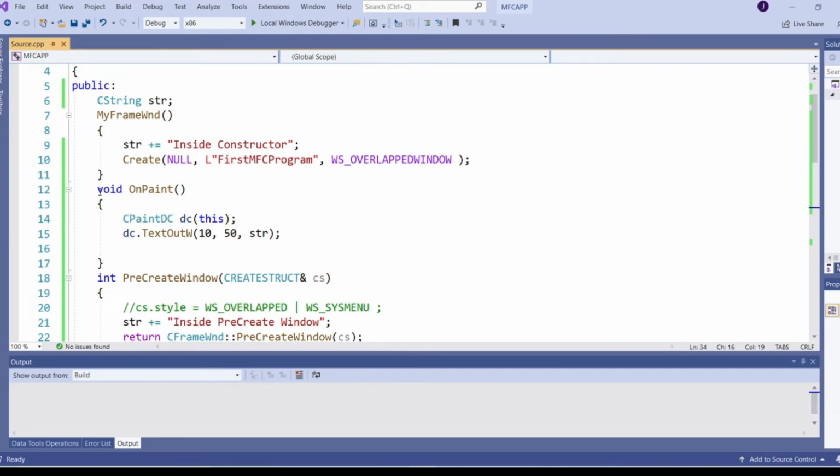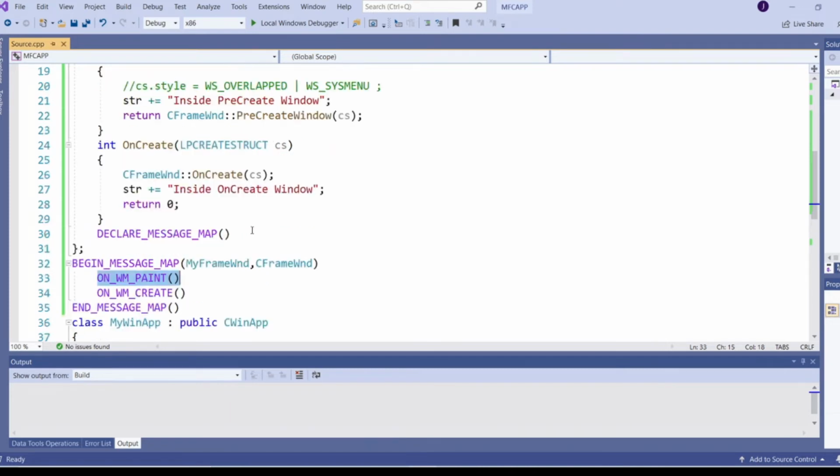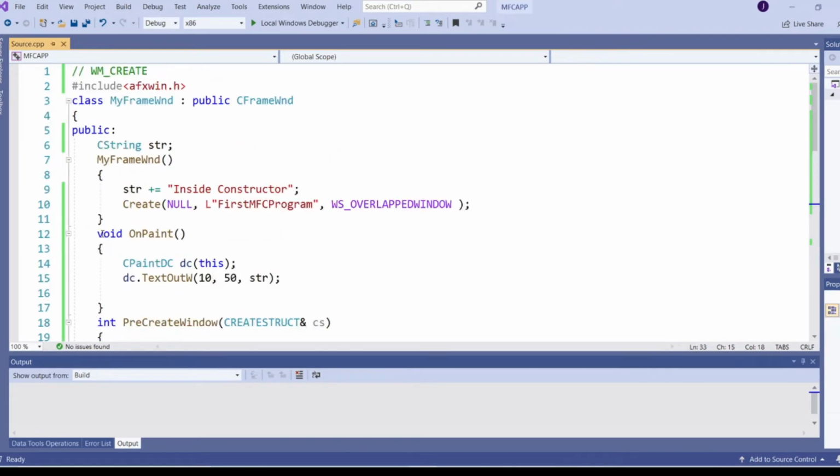To display the text in the client area, we have written the function OnPaint, and the appropriate message handler for OnPaint is ON_WM_PAINT. Whenever we want to draw something in the client area of the window, we need to override this OnPaint function. We can talk about all of this in great detail in the upcoming video series.